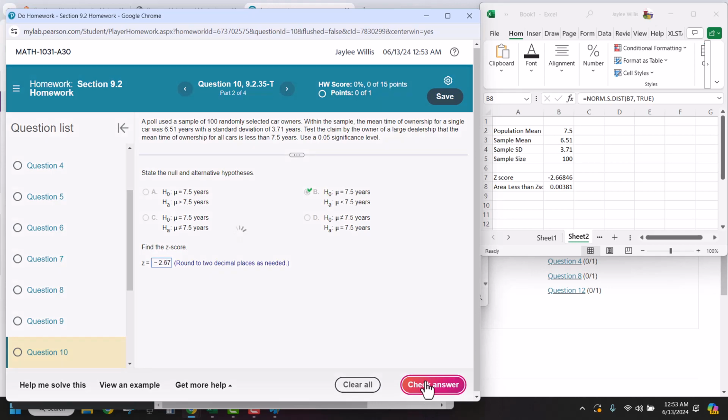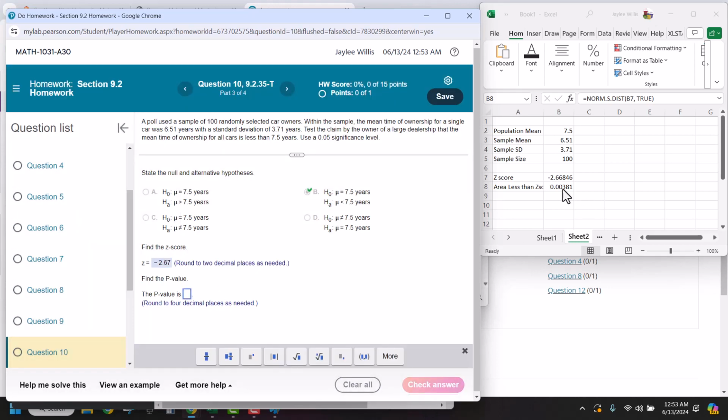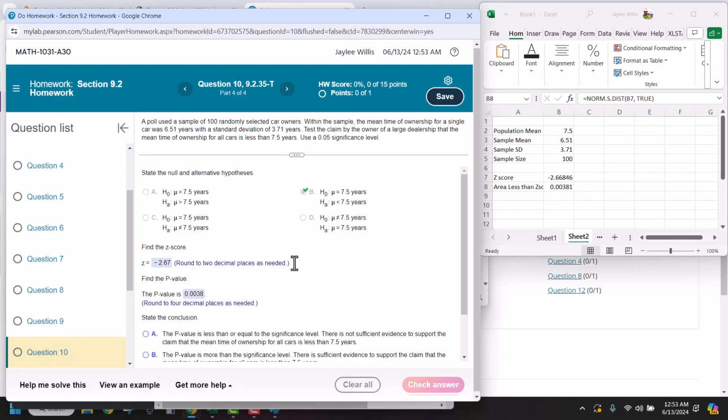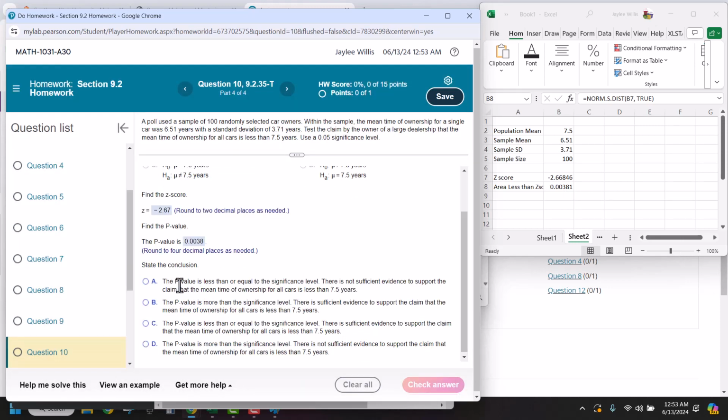There we go. Okay. And then the p-value that we found was 0.0038. And that's what our p-value was. And then since the p-value is really, really small and it's less than our significance level of 5%, that means